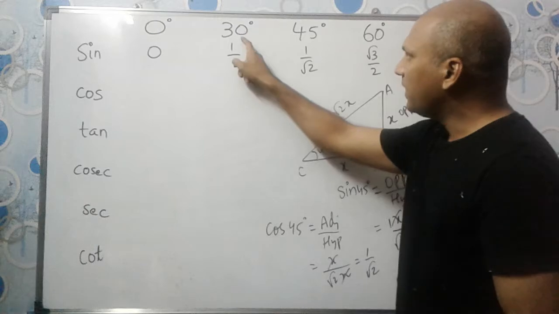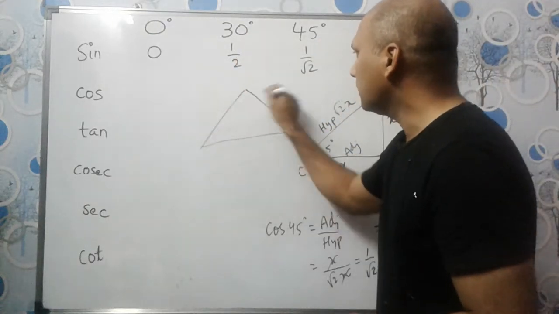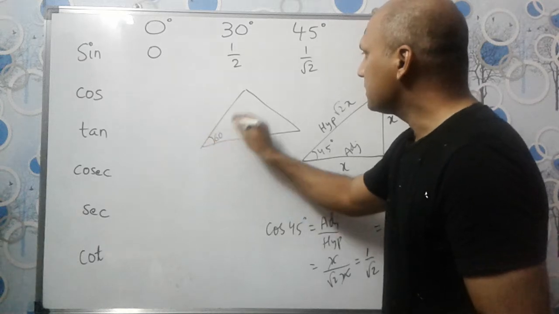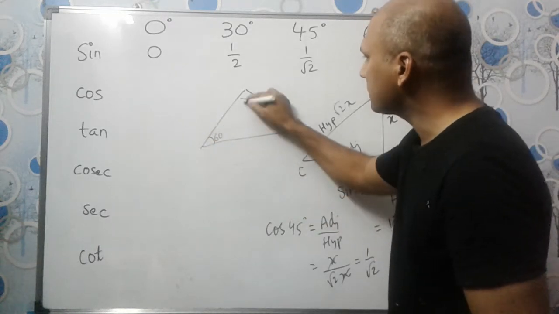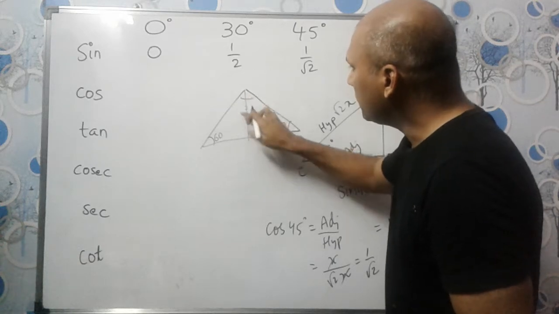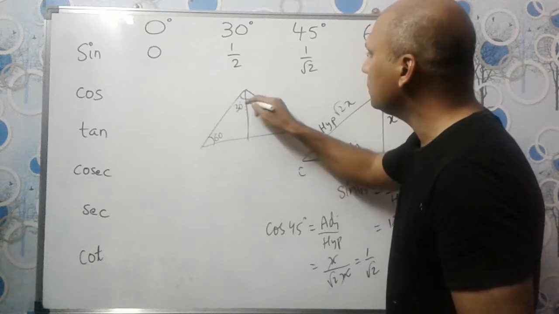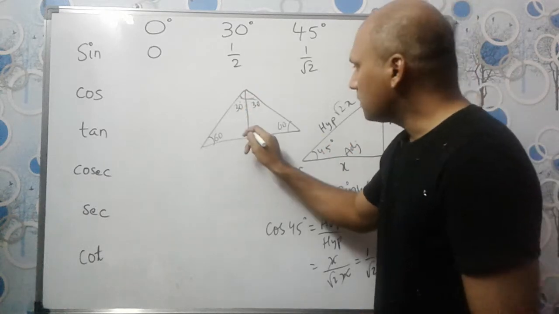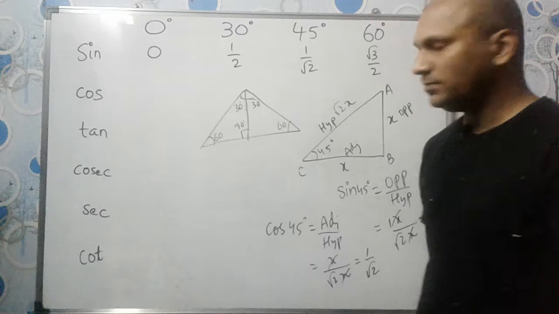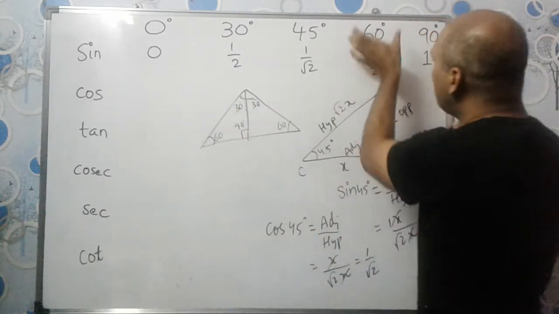In the same way we can find 30 degrees and 60 degrees also. For that we will take an equilateral triangle. Everything will be 60 degrees: 60, here 60 and here 60 degrees, and we'll drop a perpendicular so that this perpendicular will become the angular bisector. That means it will divide this angle 60 into two equal parts, and this will be 90 degrees. Okay, we'll use the equilateral triangle and find all 30 degrees and all 60 degrees.